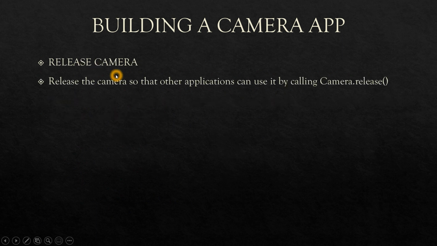At the last we will release the camera. Why? Because camera is a shared resource, right? If multiple applications are using the camera at the same time, after each use, each instance of the camera has to be released. If the resources are not released properly, what will happen? Next time we cannot capture an image, there will be a crash. No one can access the camera resource, be it your own application or even the built-in camera application. So we always have to make sure that after using the camera we use the camera dot release function.